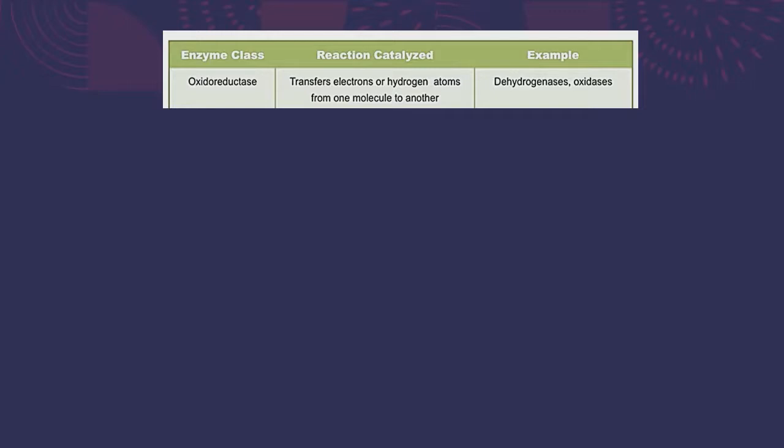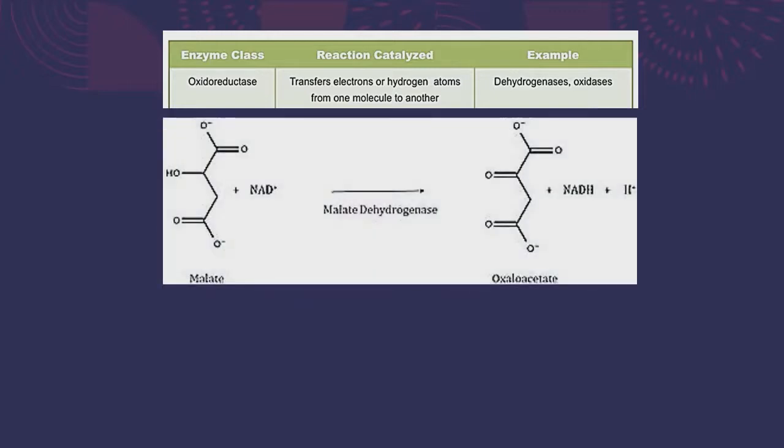And what an oxidoreductase does is that it will transfer an electron or a hydrogen atom from one molecule to another. And for this example, we are going to make use of malate, a biological molecule,